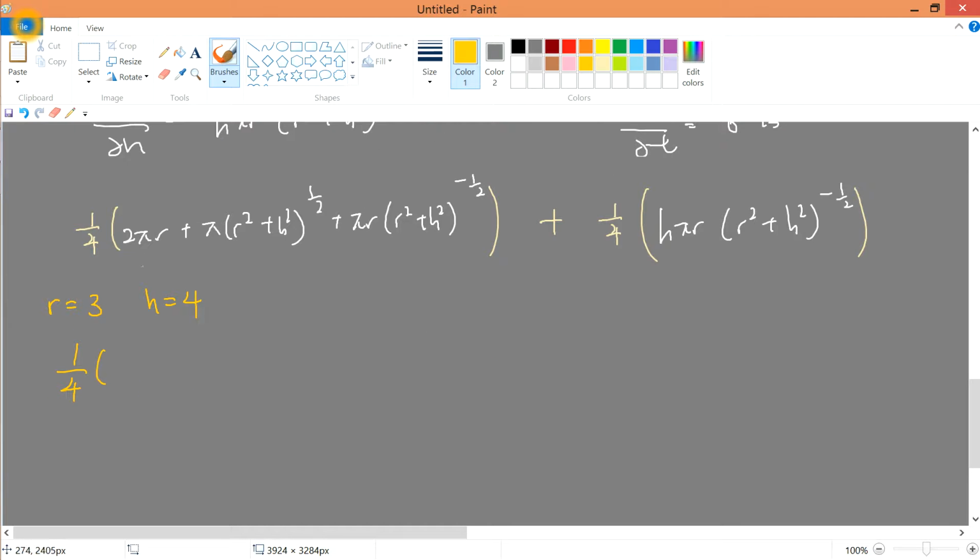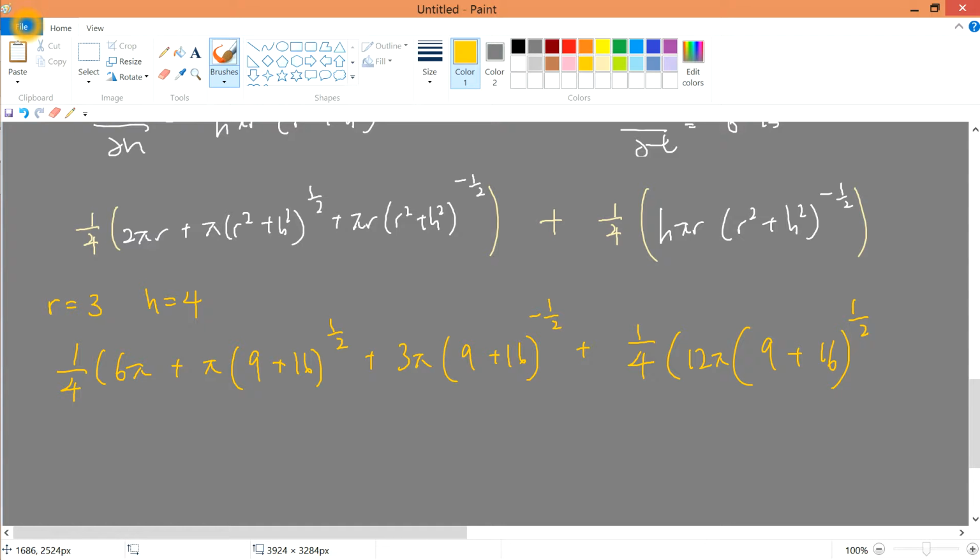So therefore 1/4 times 2 pi r, which is 6 pi, right? 3 equals r, right? Hope you get what I mean. Plus pi, and then 3 squared, which is 9, plus 16 to the square root, plus pi 3 pi, and then we have 9 plus 16 to the power of minus half, plus 1/4 h pi, h is 4 times r at 3 is equal to 12. Therefore we have 12 pi over here, and then we have 9 plus 16 to the power of minus half, right? What I've done just now is simply subbing in r equals 3 and h equals 4. If you were to do what I've done just now, you should get the same thing as what I've written over here. And therefore when I made it slightly neater, I would have